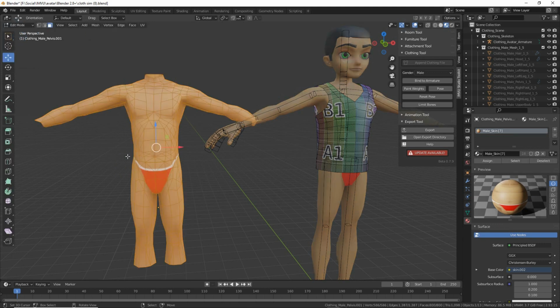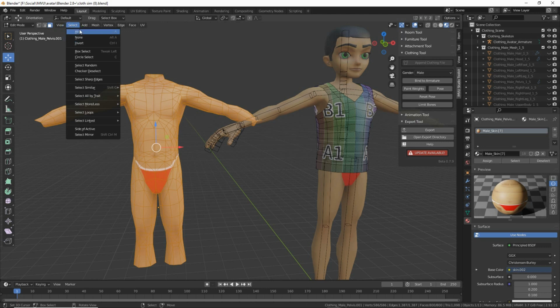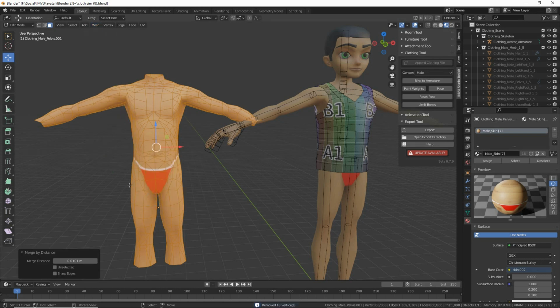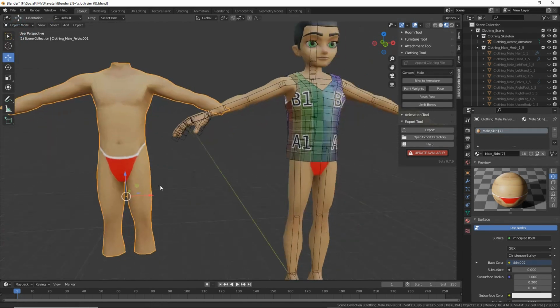Edit mode, select all, and then from the mesh menu we want to clean up and merge by distance. So we need to remove any hard edges or hard breaks in the mesh. This ensures that all the weight values that are going to be duplicated across are correctly set up. So back into object mode,